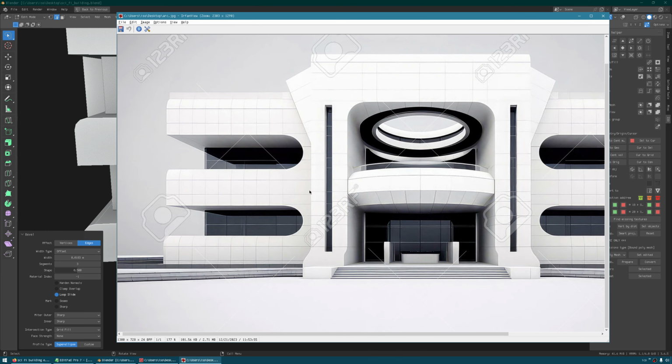Right here. Are we missing anything? This is done, this is done, this is done, this is done. Well, the top one seems to have a little bit of a lip, like a probably